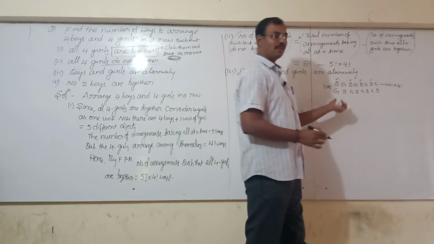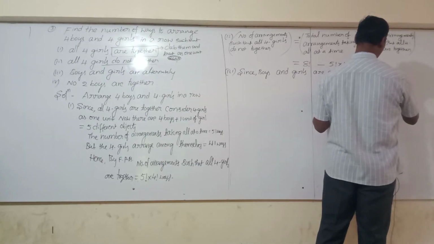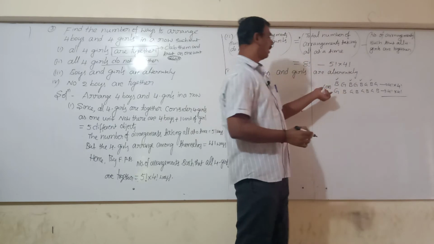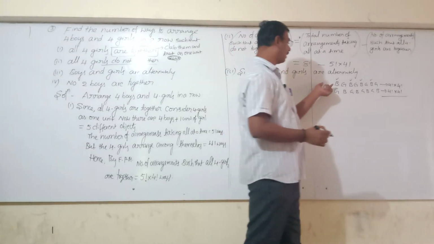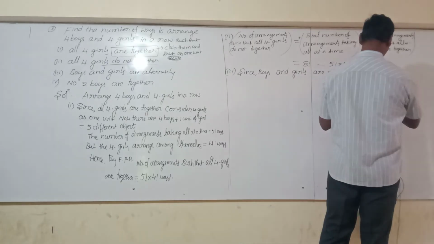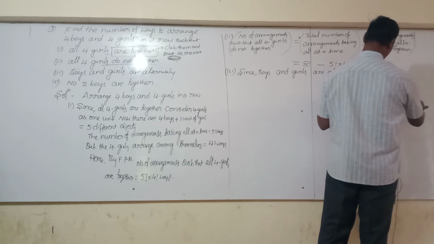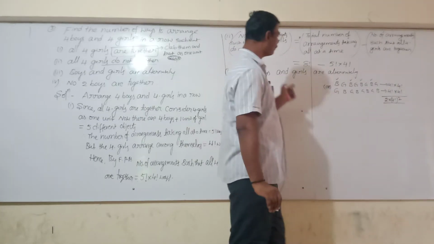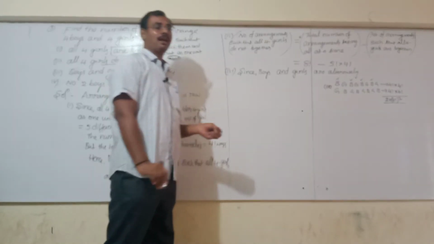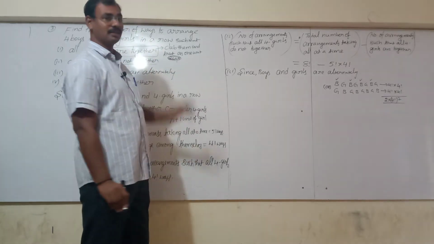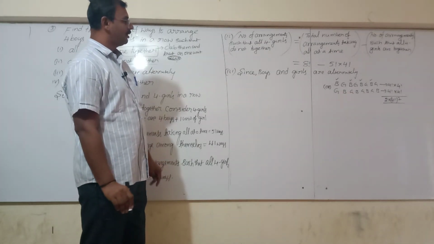Is it similar here? Yes, this is also the same, 4 factorial into 4 factorial. For the total number, do I add or multiply? Add, either first row or second row. So 2 times 4 factorial whole square. This is the answer to this question. So these types of questions depend on the number of boys and girls only. Okay, so we write this question also.